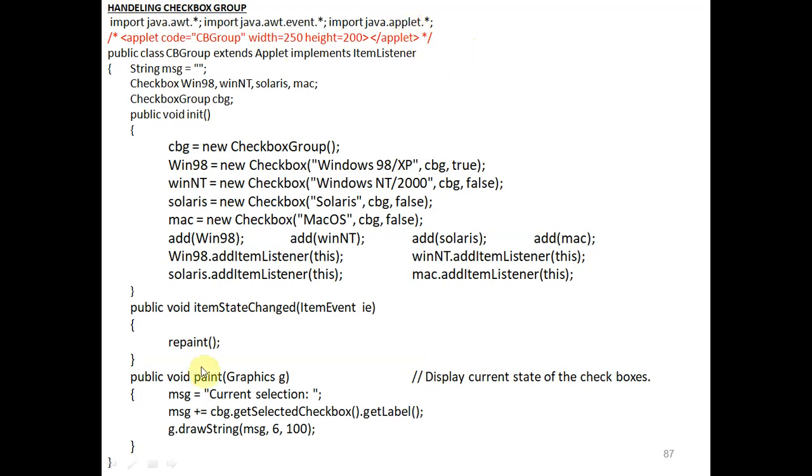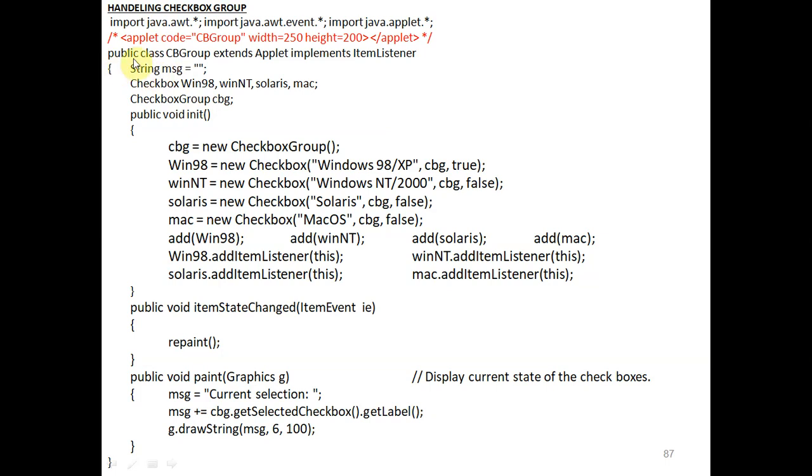When we execute with appletviewer, only this statement will execute, the other statements will not. And in case of Java, when we compile this code, this line will be treated as a comment line, and the other statements will be compiled by the JDK, because all the other statements are Java statements.